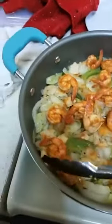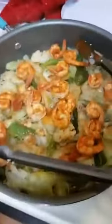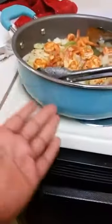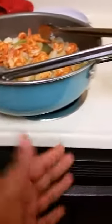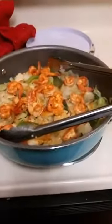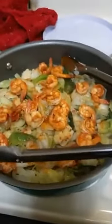Oh, these are the Pioneer Woman pots. That's what these pots are. They're at Walmart. Just Google. This is how they look. They're vintage speckled teal, like turquoise. And they got butterfly handles and everything. They're real cute. You can get them on sale for $100, but they're usually like $120, $130. But